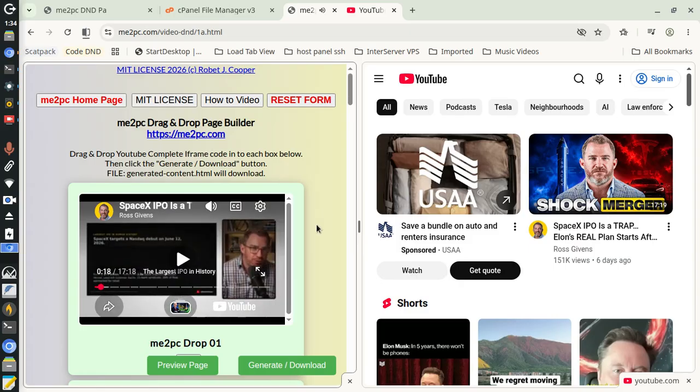So after you drag these over, you've got 15 to 30 videos that you've already put into the system. You click on generate, and you'll see it's working right there. It generated a file called generate.content.html, and if you go to that file,